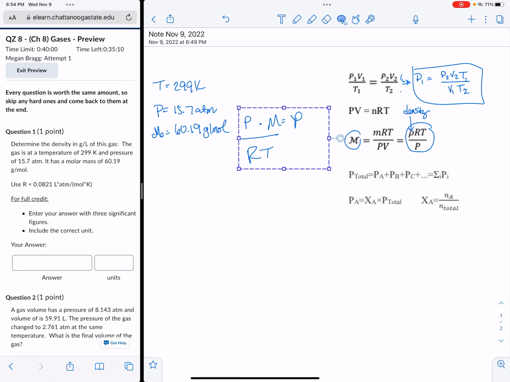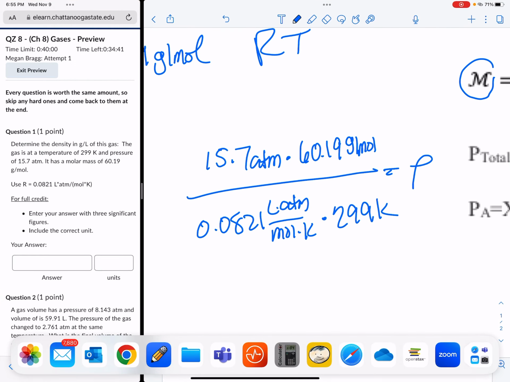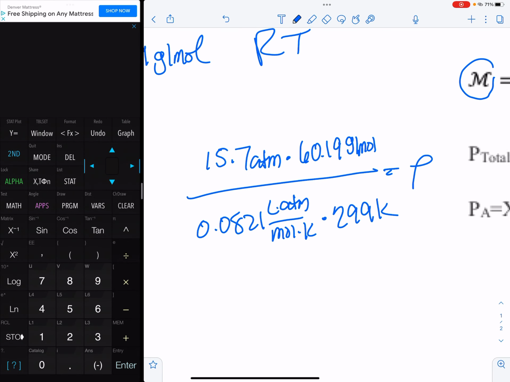And I have my P, which is 15.7 atm, times the molar mass, 60.19 grams per mole, over 0.0821 liters atm per mole Kelvin, times 299 Kelvin. So I've got all my numbers in there. I can even zoom in if I want. And then I'm going to bring my calculator over, and I'll just say 15.7 times 60.19 divided by 0.0821 divided by 299 gives me